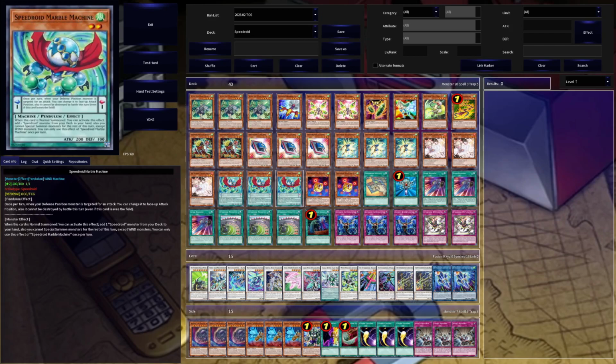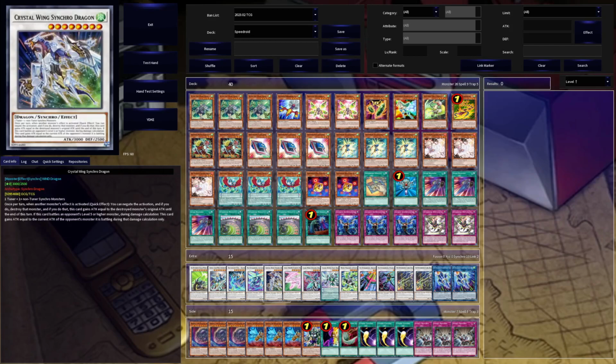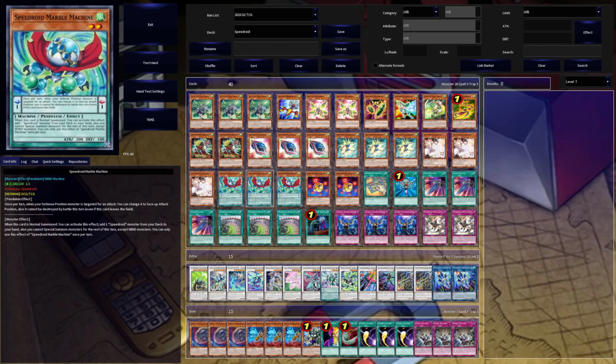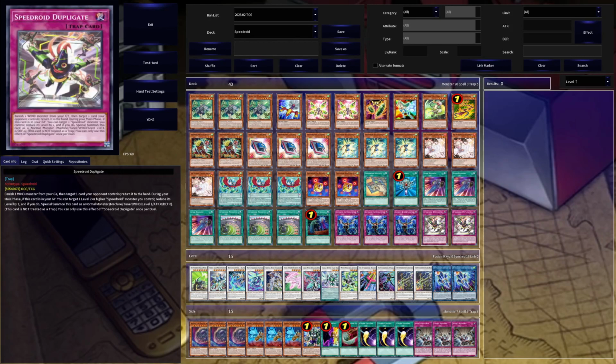You do maybe hard fold to Nibiru, but that's about it, because funnily enough, the deck doesn't establish Crystal Wing before like summon number 15. Then we have 3 Imperm here, just another good generic hand trap, and one of the cards that I am